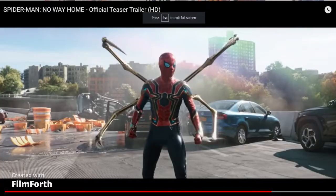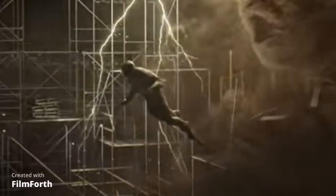Big bad. This movie is all about big bads. The other thing too, in the last trailer that we just saw, they were manipulating things and changing things and adding things. There's going to be a lot of scenes in these last couple of trailers that don't exist in the movie. I'm wondering if in the original Sinister Six,